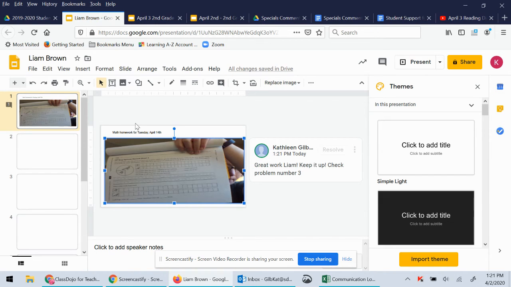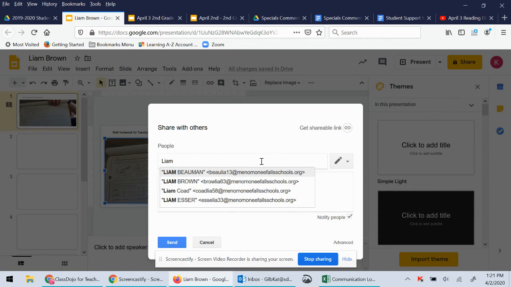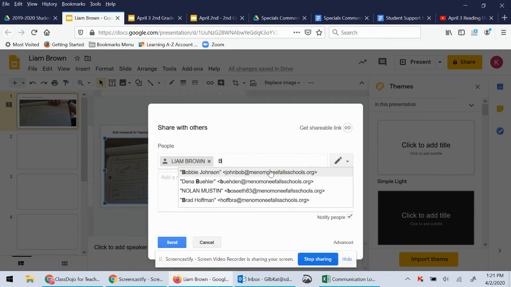So obviously one step I skipped and probably should have said before I started inserting pictures, but pretend I did. So I've labeled it as his name. I've made my slides. Your next step is right now you're going to want to share it with him because it's not shared. So I'm going to come to the share, and I'm going to go ahead and type in his name. I personally like to start with the last name because those are less common, but I'm going to show you both ways. You can do it with first names. So I type in Liam, space. Okay, or I can type in,